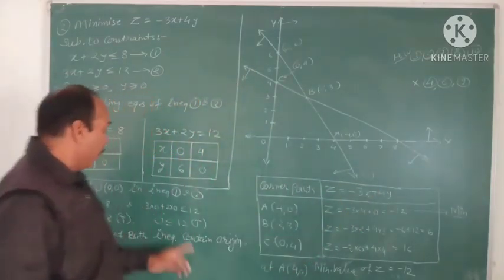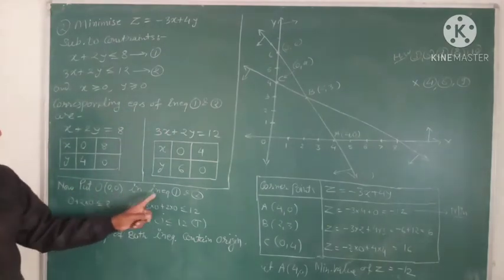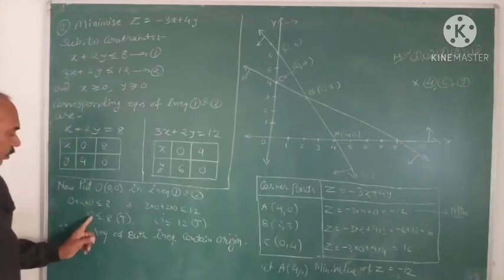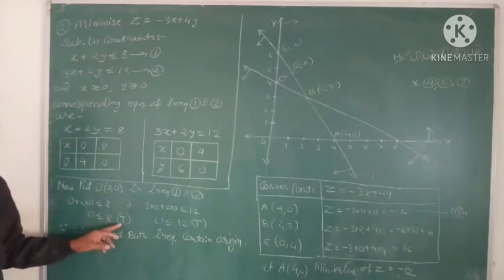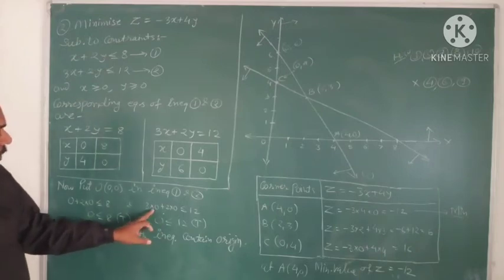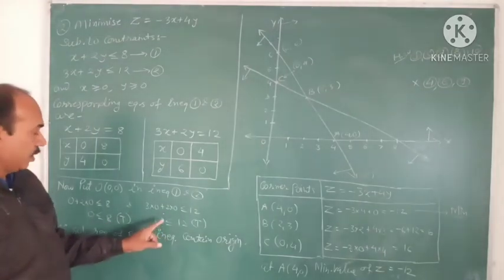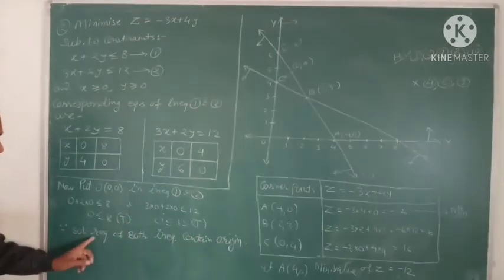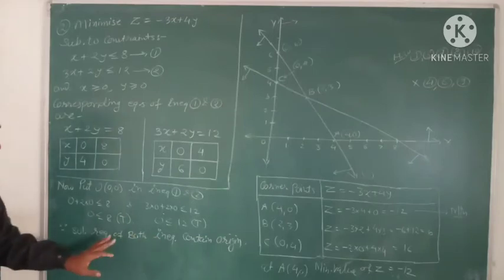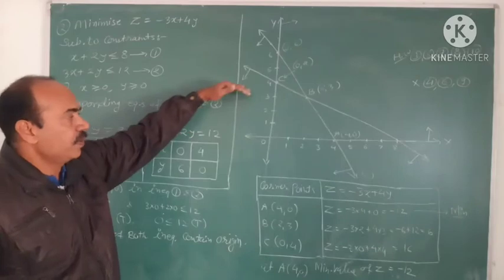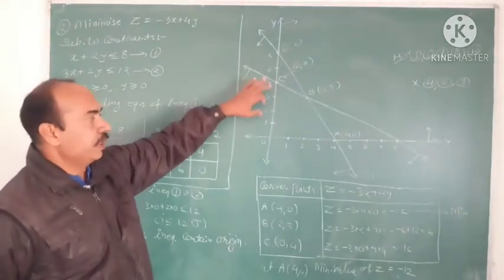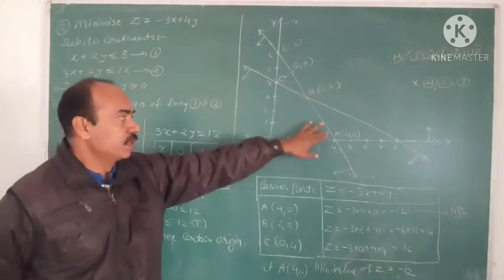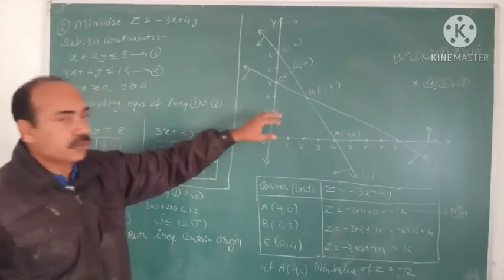Now put the origin 0 comma 0 in inequalities number 1 and 2. So 0 here and 0 here. You will get 0 less than or equal to 8, that is true. And here also 3 into 0 and 2 into 0 is once again 0, and 0 is less than or equal to 12, also true. Since both are true, our solution region contains the origin. So the solution part is the lower half plane of both inequalities 1 and 2, and x and y are both positive. So in the first quadrant this is the solution region, which is also known as the feasible solution region.